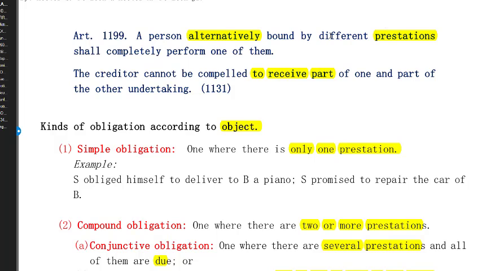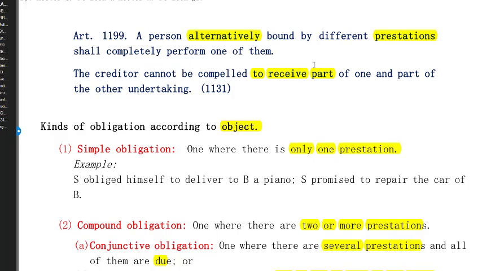An obligation having different prestations. So basically, there are 2 or more prestations. But before that, we have to recall what a prestation is. If we could recall, there are certain requisites or elements of an obligation. If you still remember, we have the active subject, we have the passive subject, and then we have the prestation, and then the juridical tie or the efficient cause.